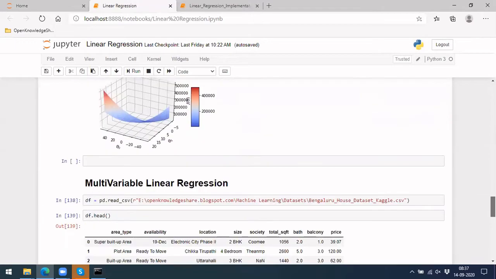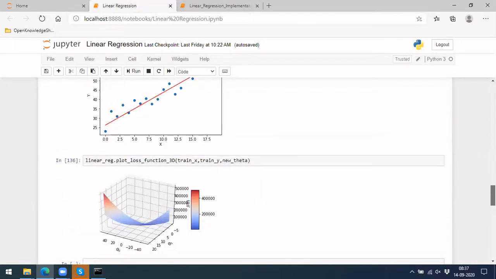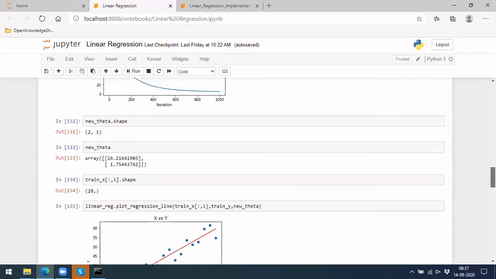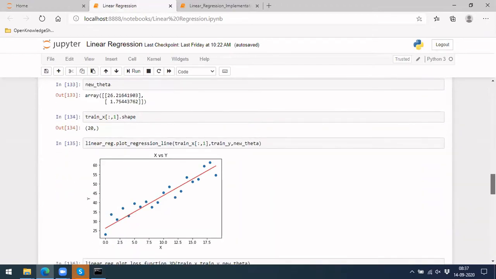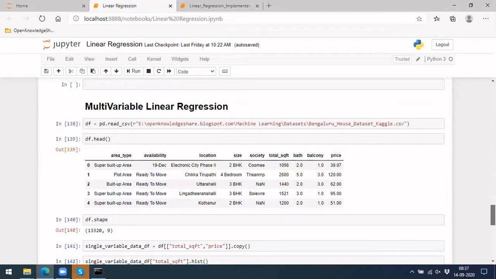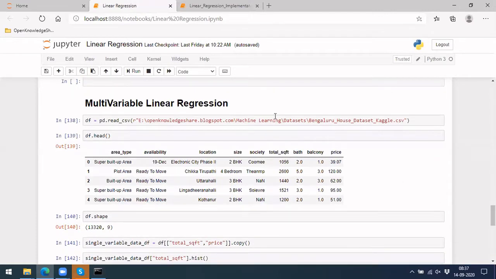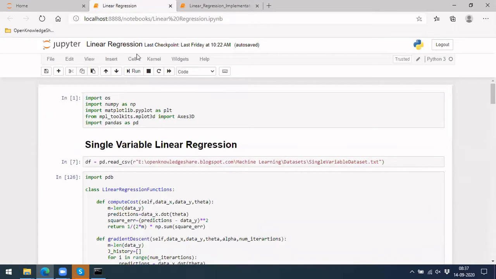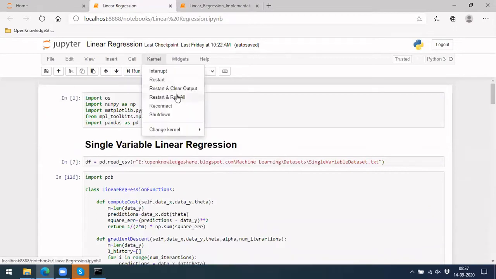So the next step: till now we have plotted for a single variable. In case you want to go for multiple variables, this time I have taken a data set which is publicly available. So let me run these things. Just a minute, let me run it quickly.